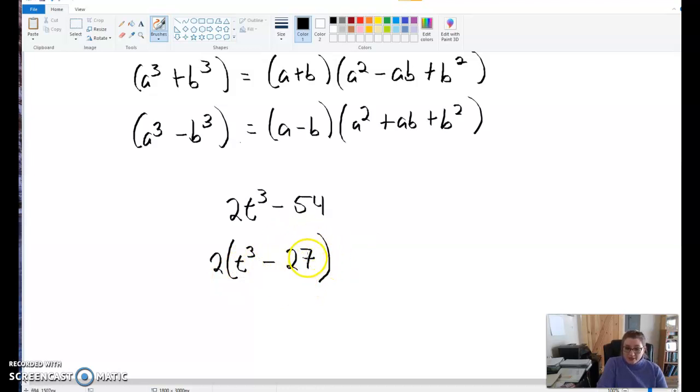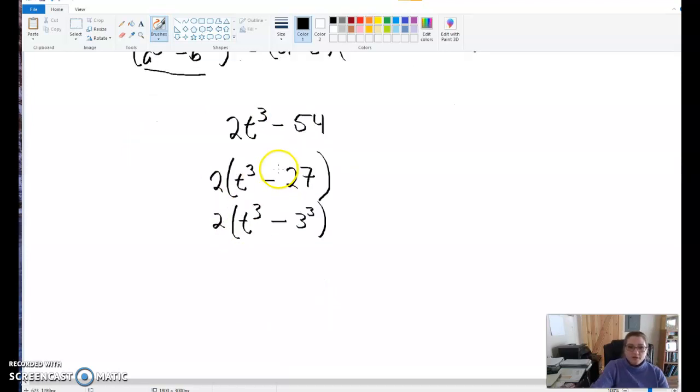So the next thing we want to see is, is this a cube? Because we have a cube here and we want to see, is this 27 a cube? Which we know it is. So I'm going to rewrite this as 2 times t cubed minus 3 cubed. Okay? And in this situation, we have this issue where we have it being a negative. So we're going to rewrite this to equal